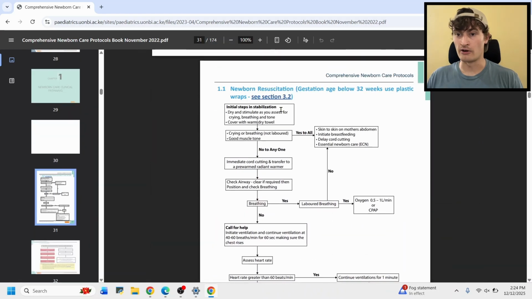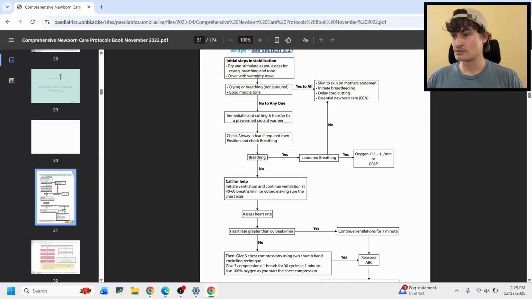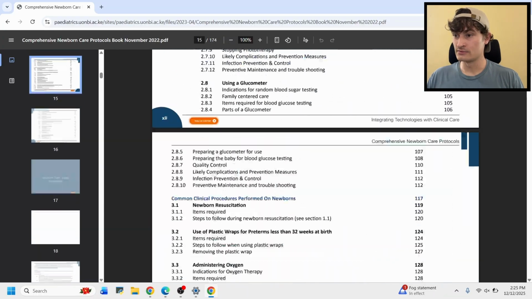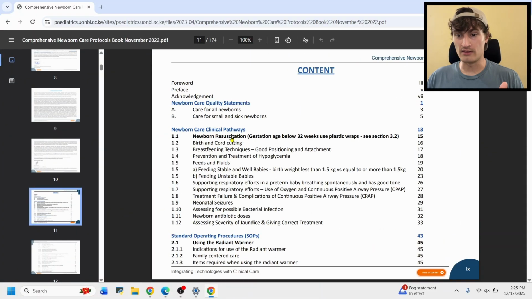Okay, page 15 right here. So this is the what to do. It's a perfect flow chart that walks you through what to do for neonatal resuscitation, okay? Great resource. The other way to get to that is you can also just click the section itself, because all